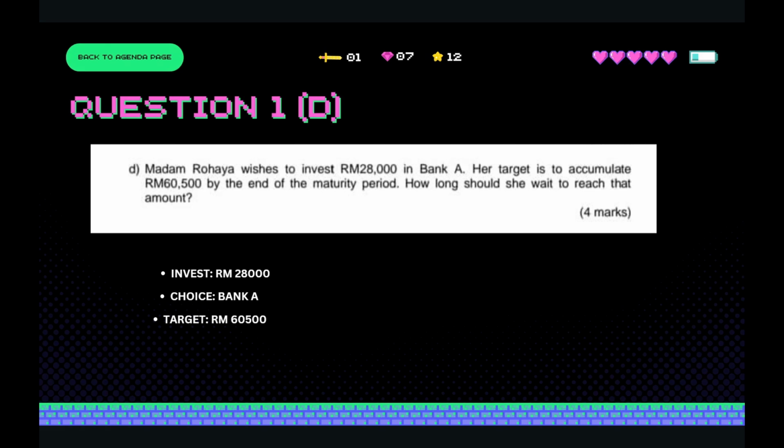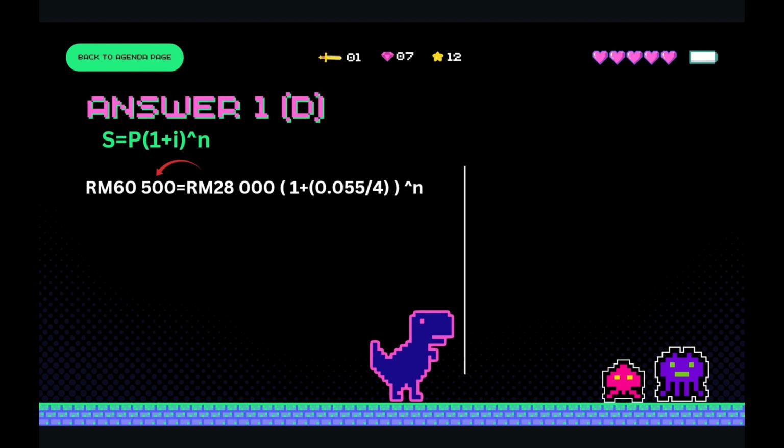So solve the bracket first, and then we need to move 28,000 ringgit to the left side, so that 60,500 divide by 28,000, so we get